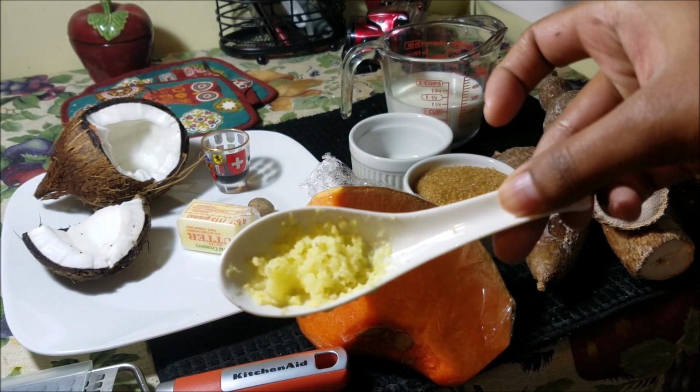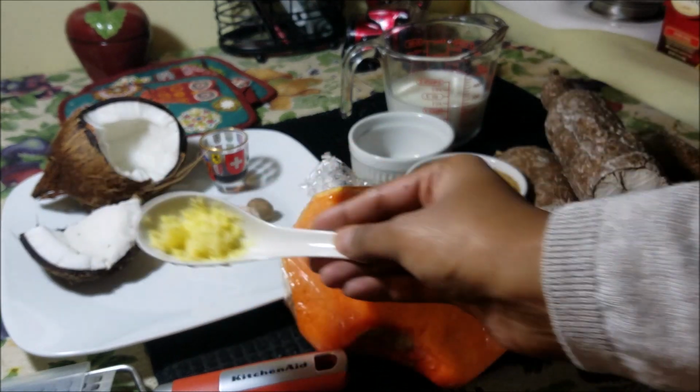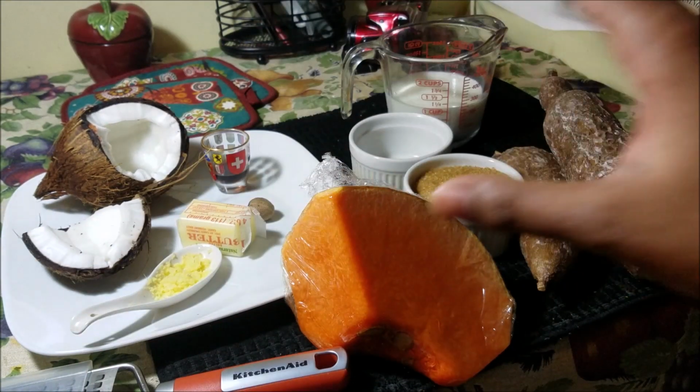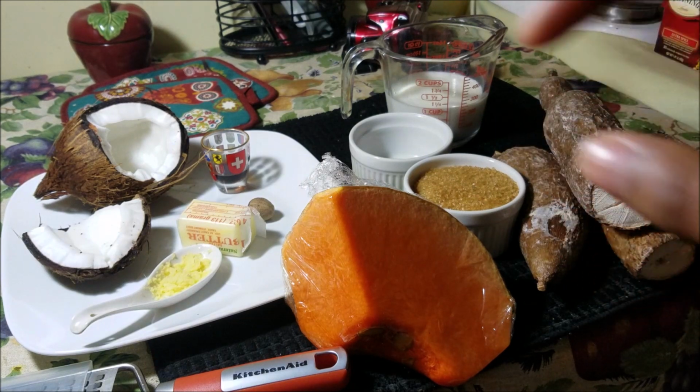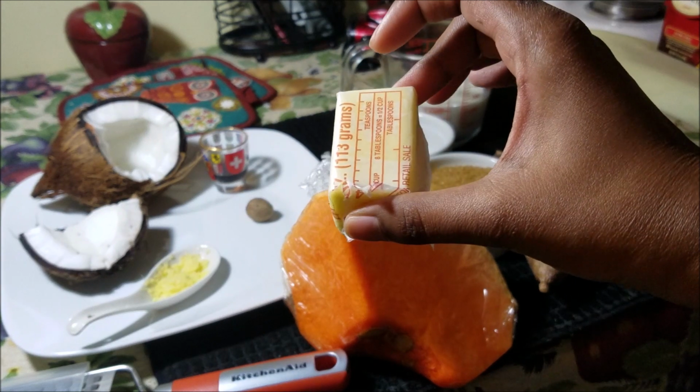The next thing we'll need is about 1 teaspoon of grated ginger, and this is totally optional. You don't have to add ginger. I just love the little kick that it gives to the pone. You'll also need about 4 tablespoons of butter,